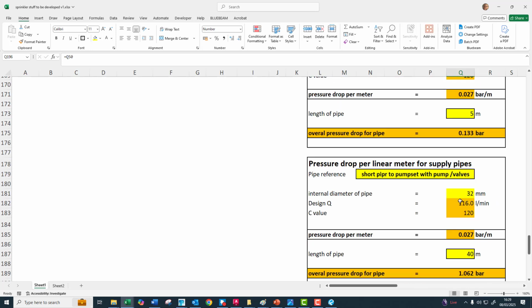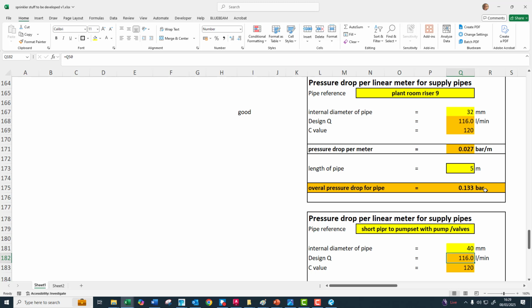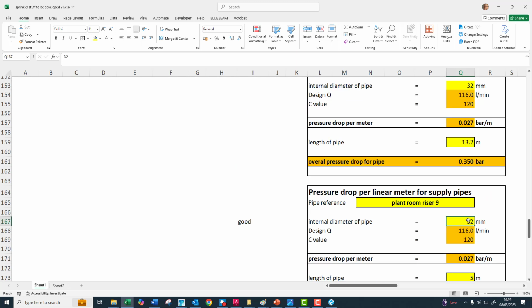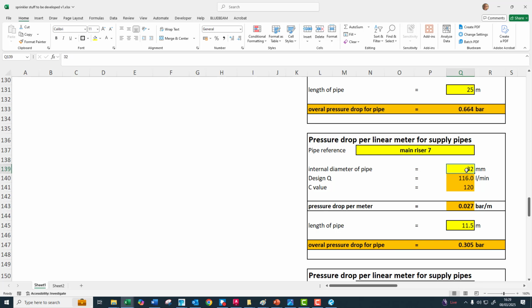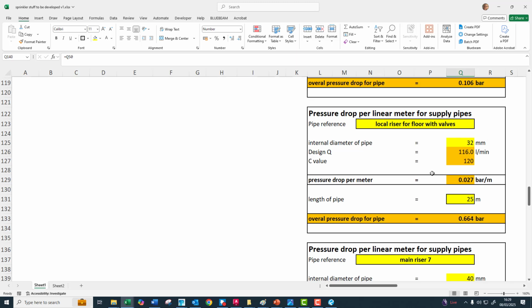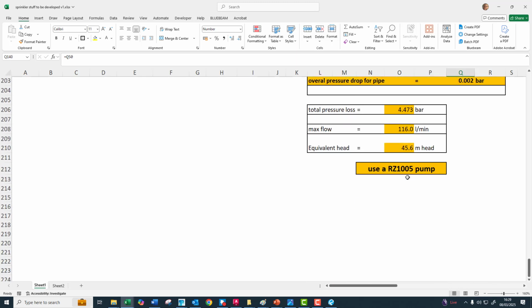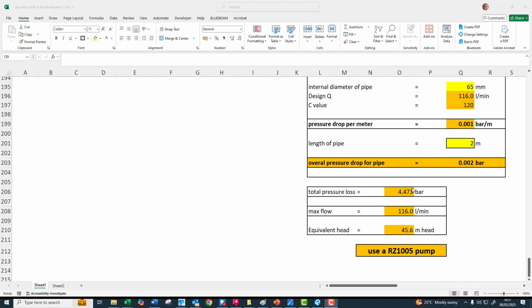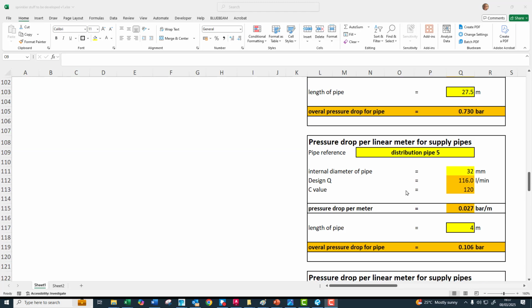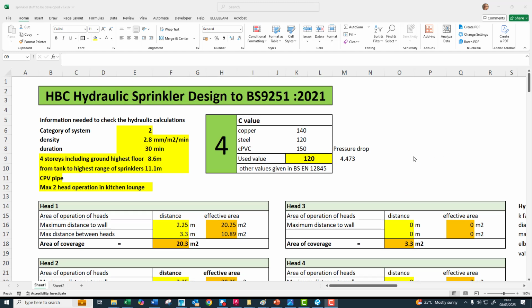And if we went, instead of these pipes, we push these up to 40. Plant room 40. We'll go 40 all the way up the riser. That's the main riser. And the local riser, we'll leave that at 32. Let's see what difference that makes. Right, well that makes 4.43, but that was for steel. What I've got to do now is reduce that down. Let's change that for UPVC. So if I change that to UPVC,